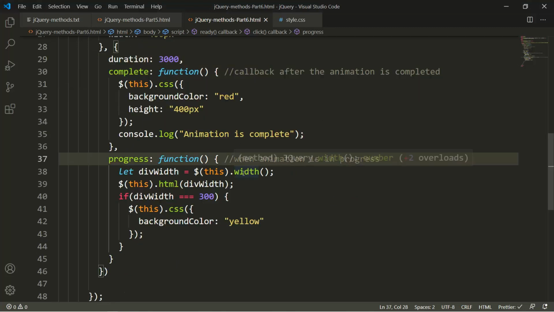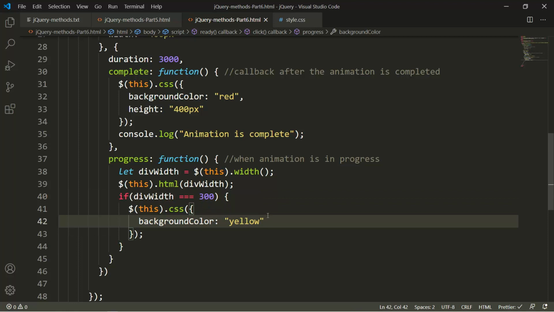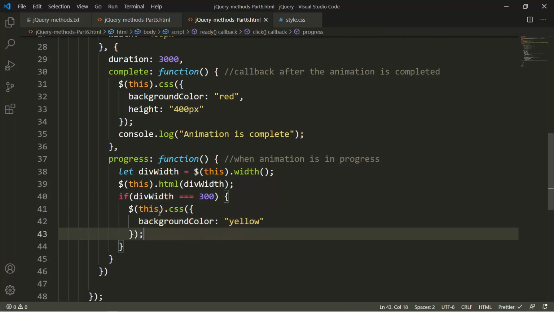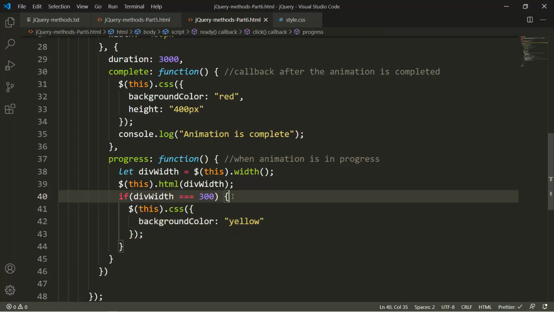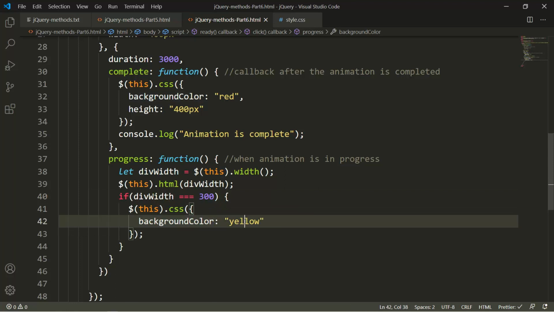In the progress function, $(this).width; if div width is equal to 300, then this.css background color to yellow. This is fine.